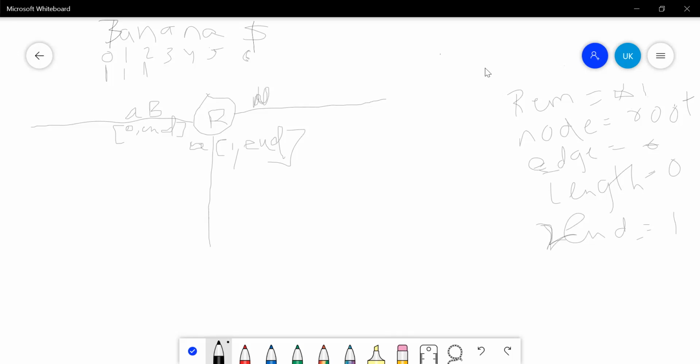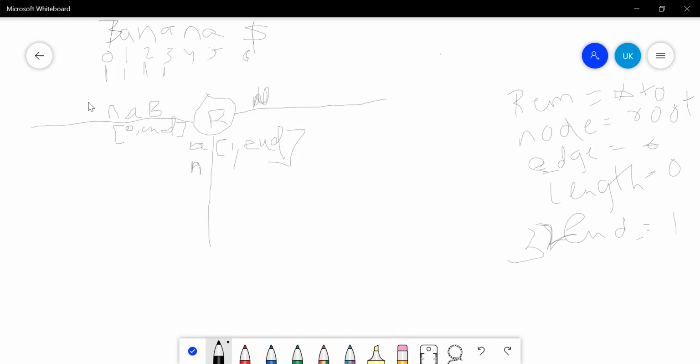Now again remainder equals 0 and we move to the A at 3. But we didn't add N here according to rule 1. Let's add N. A is at 3. So again the remainder was 0, so again we set end to 3.